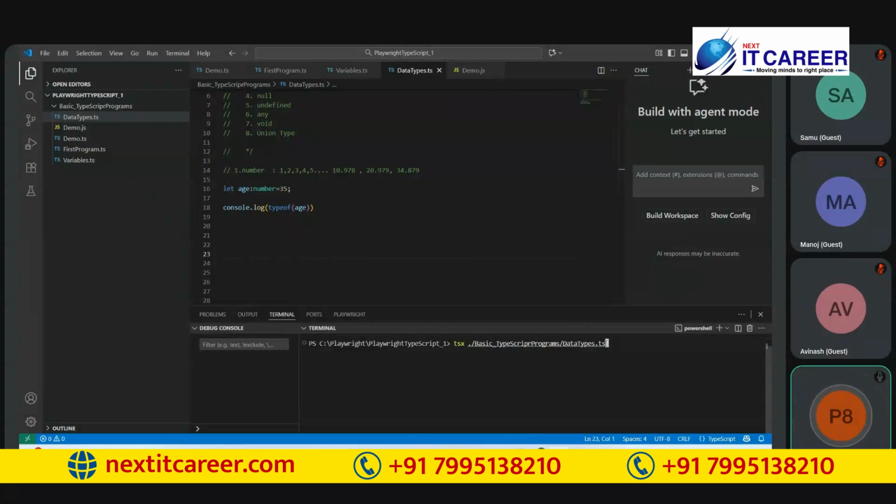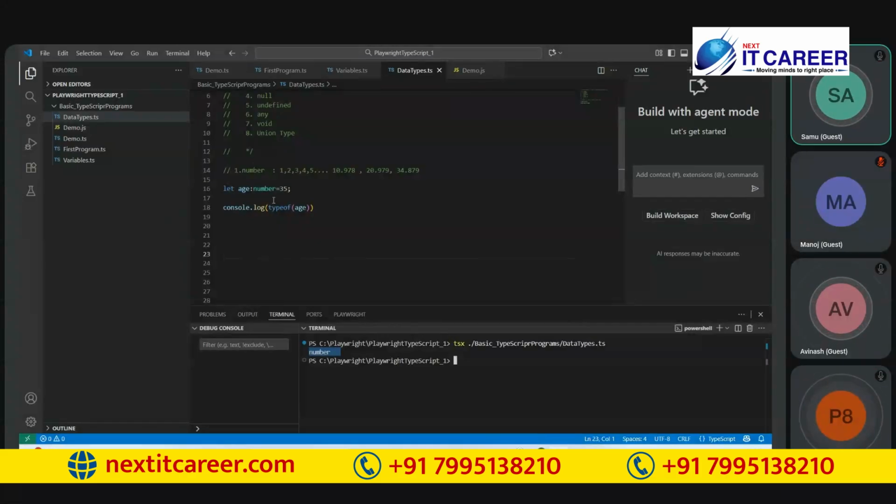I am running my TypeScript file. Simply click enter. See, when I executed my statement, what type of data is stored in the age variable? Number. It returns the data type when you use the typeof method. Is it clear?